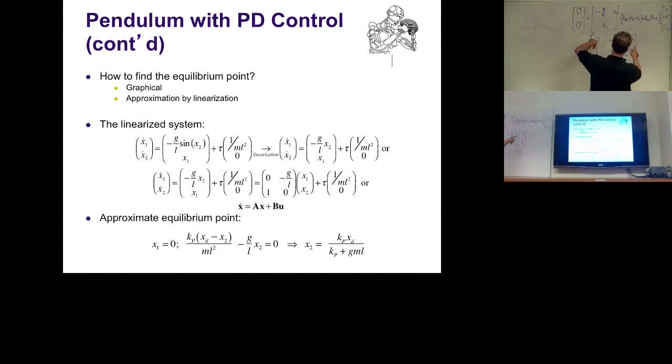So now if you look at this, this is mixed. If I multiply 0 with x1 minus G over L with x2, that gives me the first term. I have to add them together. x1 times 1 plus 0 times x2 gives me this term. So I nicely created actually the same equation. And now I'm completely in notation, which is matrix vector plus another vector, which is a nice algebraic equation I